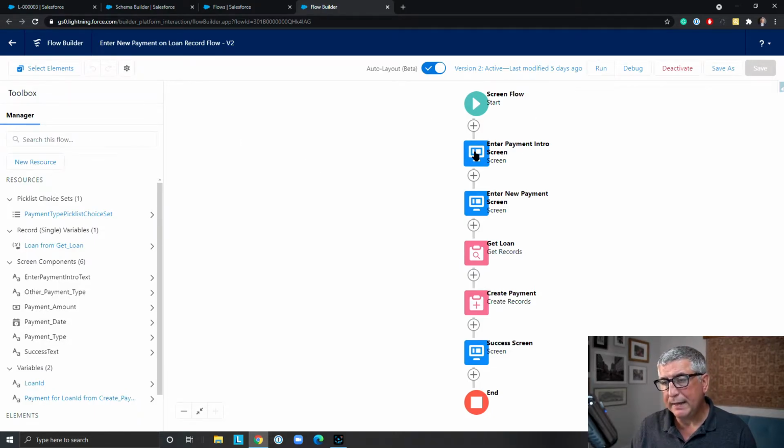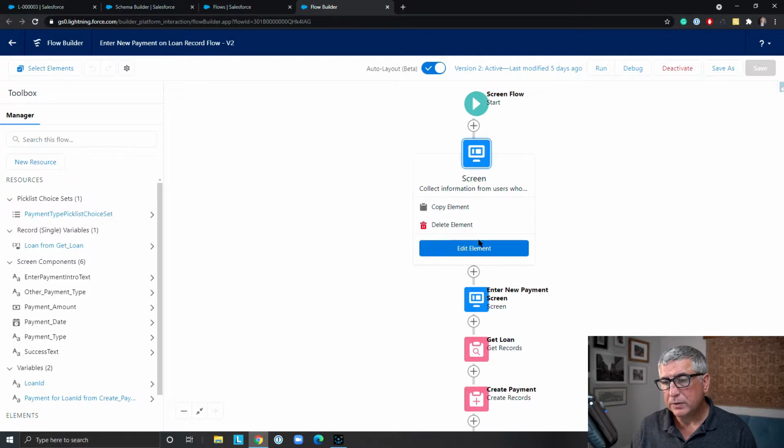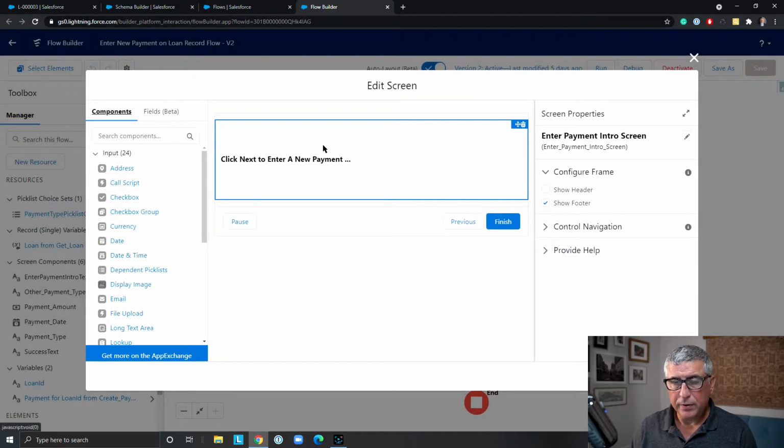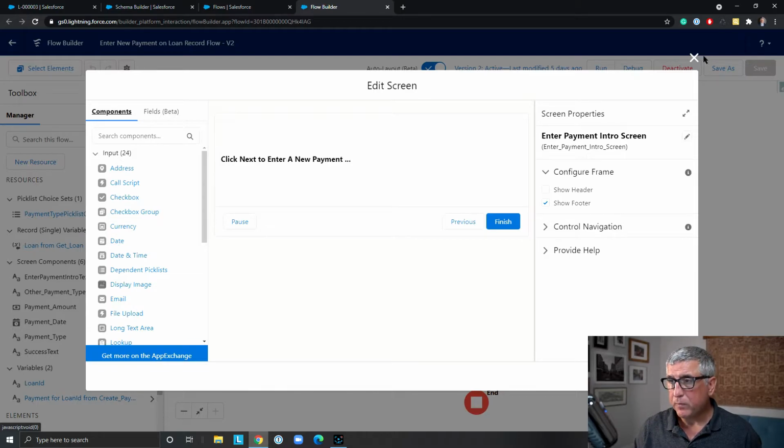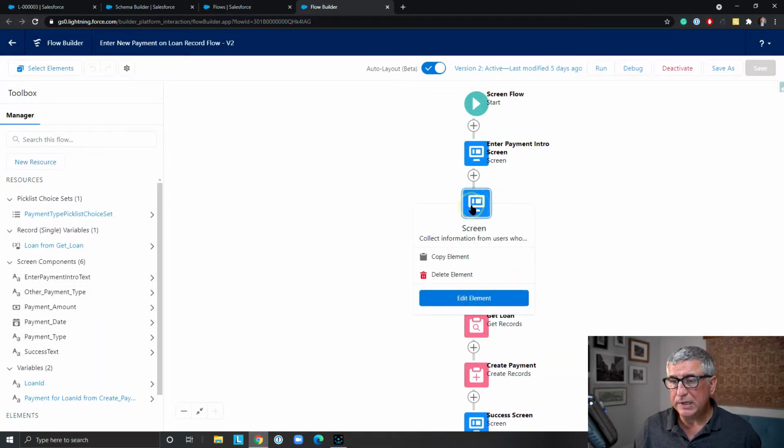So then I have the screen where I have just a static message. The reason why I'm doing that is whenever you're running a flow, every time a record page is loaded, you don't want to dive into a loop or something like that, because it's going to probably slow down your system or cause issues. So unless somebody really needs to go through this process, this flow just sits on the screen. Once the user hits next,